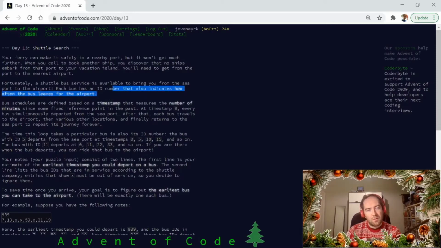How often? Okay, so the bus ID is how often the bus leaves for the airport. Cool. Schedules are defined based on a timestamp that measures the number of minutes since some fixed reference point in the past. At timestamp 0, every bus simultaneously departed from the seaport. After that, each bus travels to the airport, then various other locations, and finally returns to the seaport to repeat